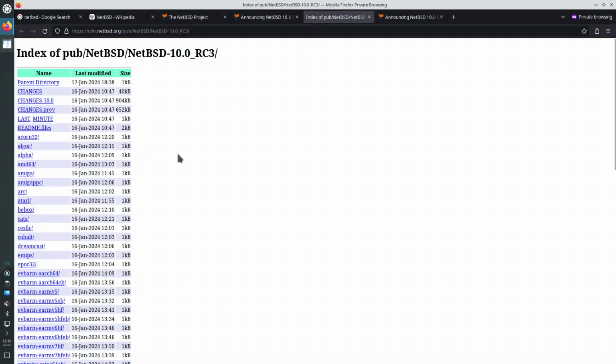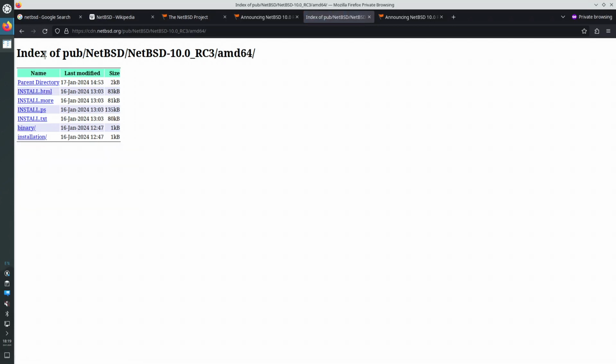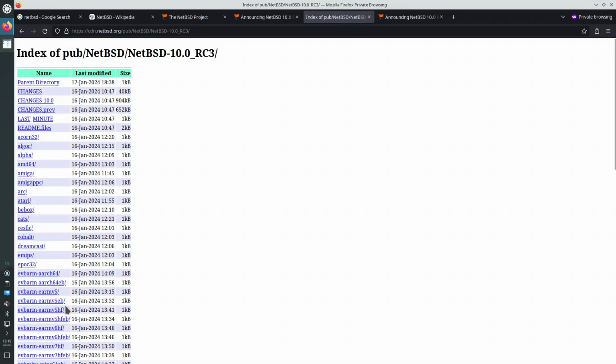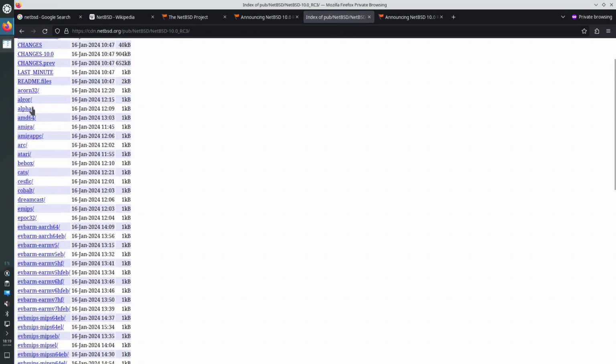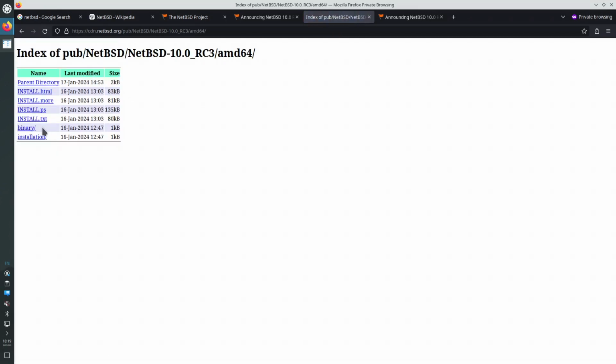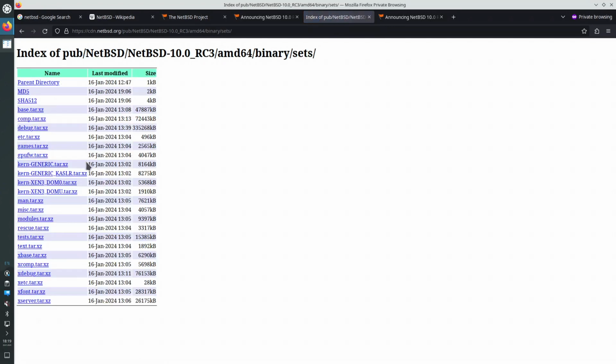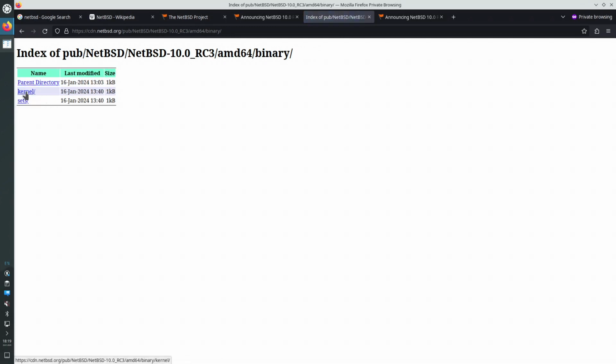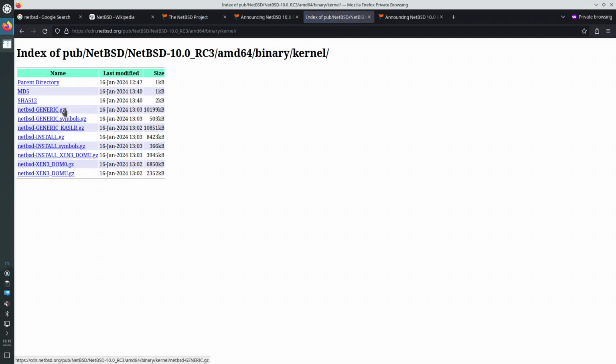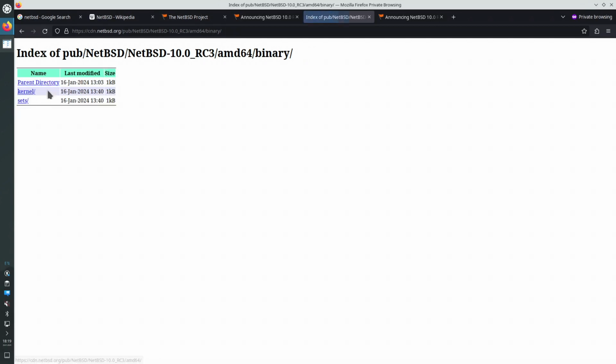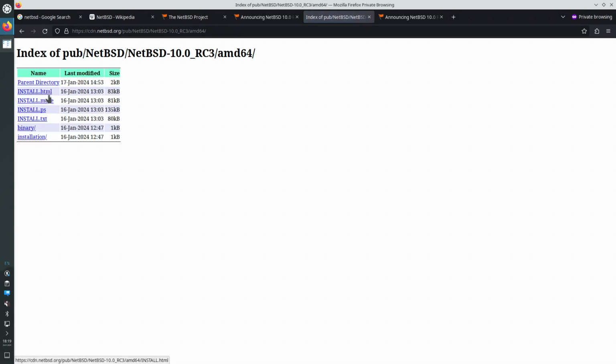Let's look a bit at the structure of the directory. So there's the AMD directory. There's directories for the supported architectures. We're going to go with AMD 64. In here we have the sets, extension tar.xz. We have the kernel 1, 2, and 3. And the